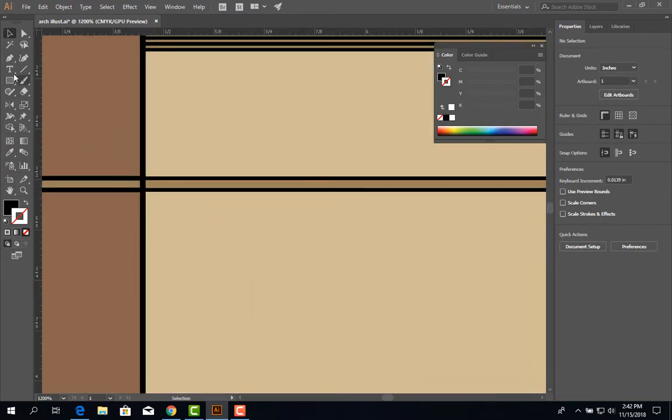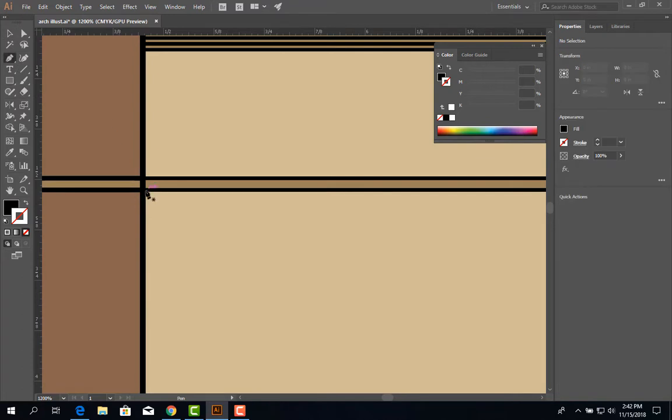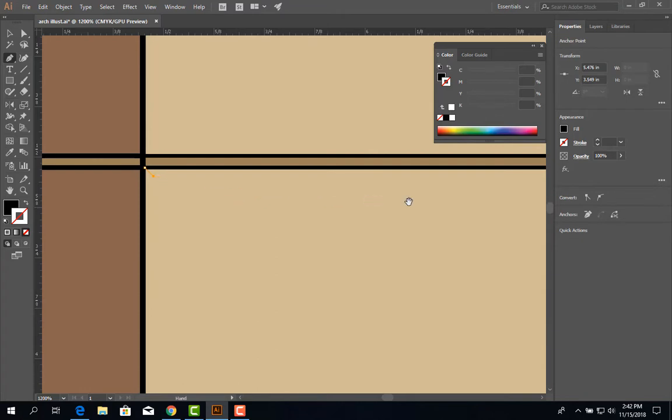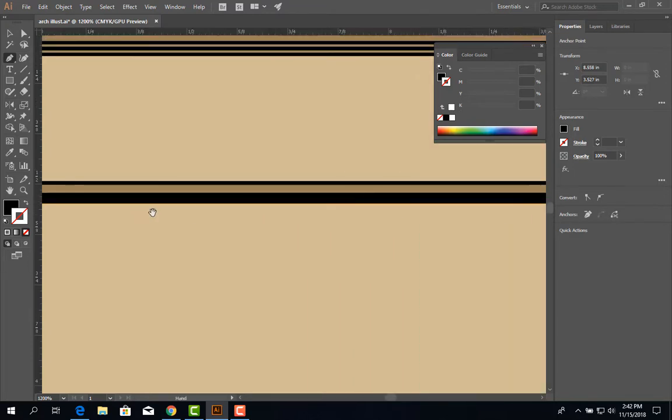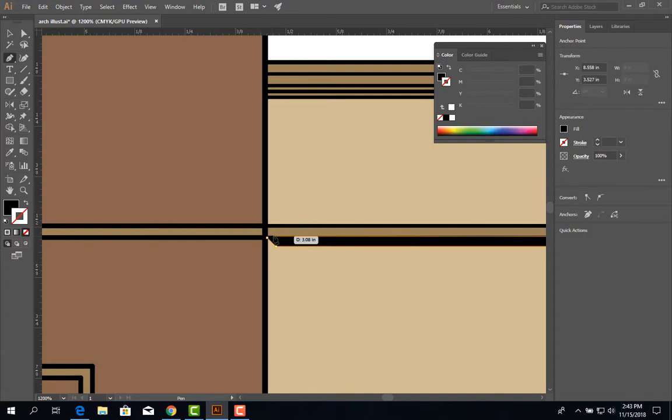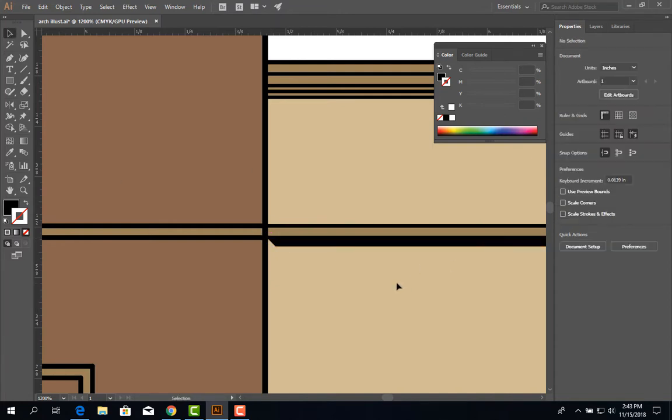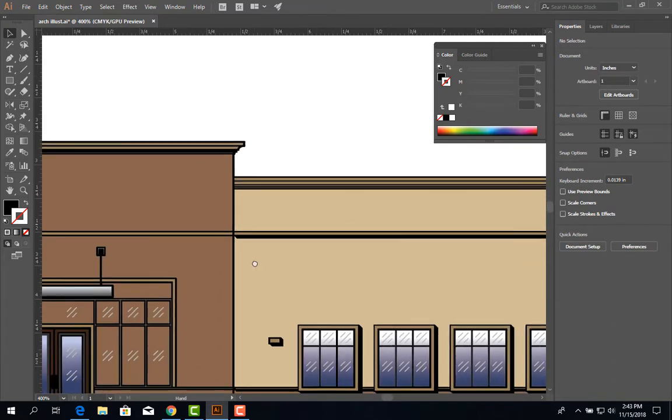Let's say this one sticks out a little bit further out. So for this one, I'm gonna click here. Maybe do 3 there, and I'm gonna go straight this way. Press shift so it goes straight, right there, and then let's go close it right there. Okay, so we have that shadow, and then last shadow I'm gonna try to do